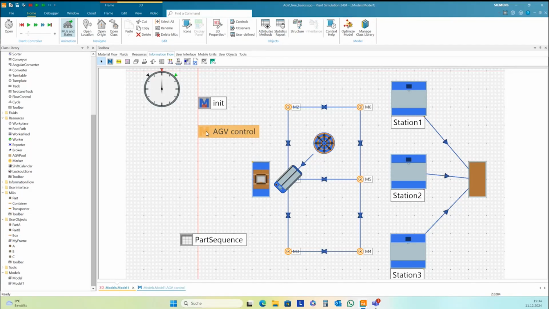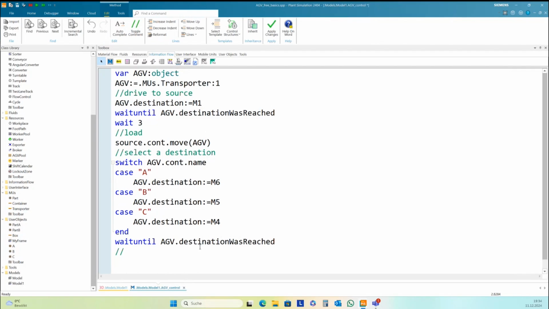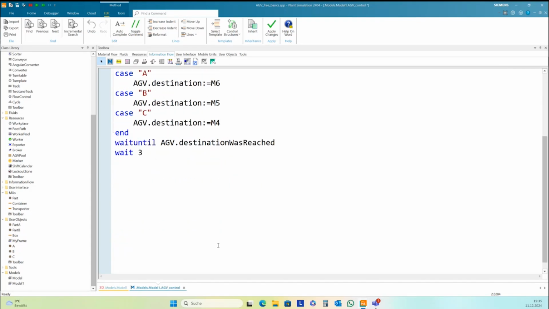And so I can again use a switch command here. Switch HEV location point name.